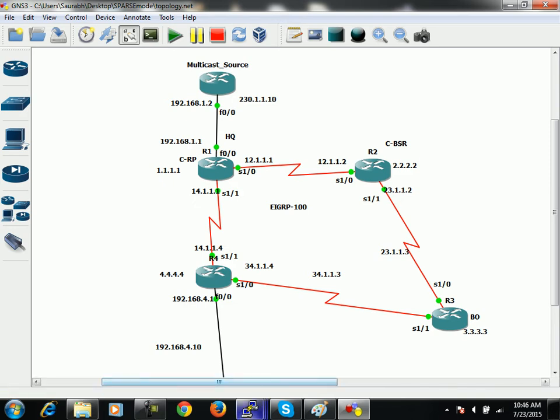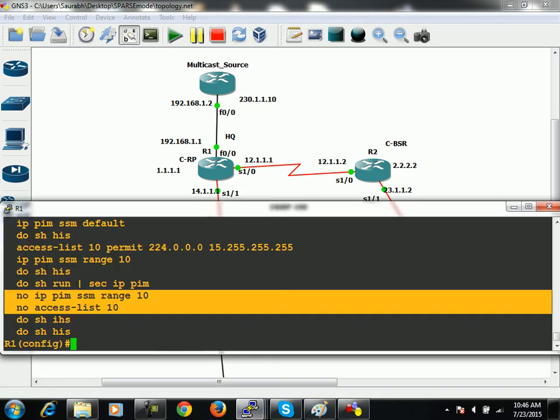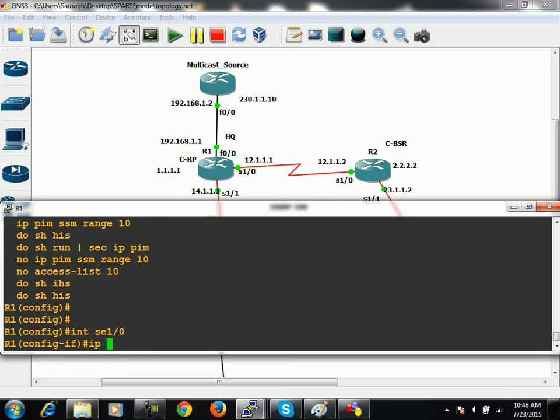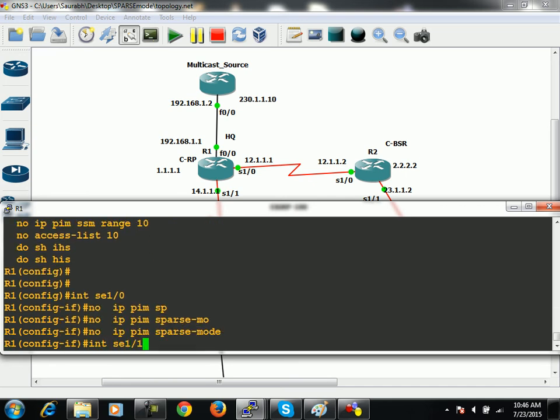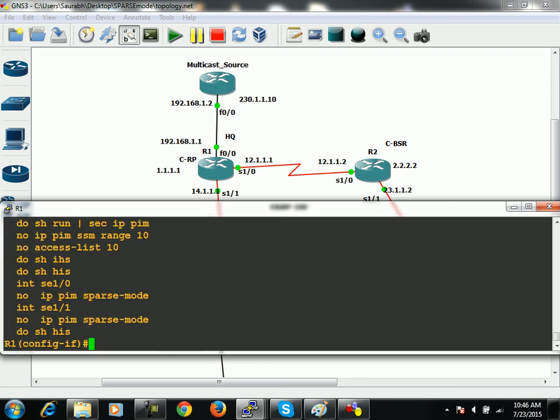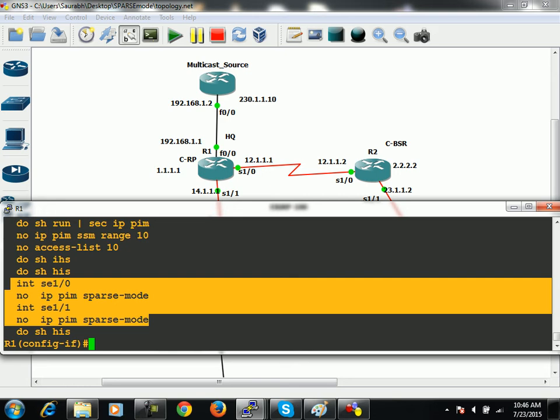So what will I do now? I will move on to R1. I will remove PIM from S1/0: no ip pim sparse-mode. On S1/1 also, no ip pim sparse-mode. Do show ip interface. Sorry. I'll configure the same command